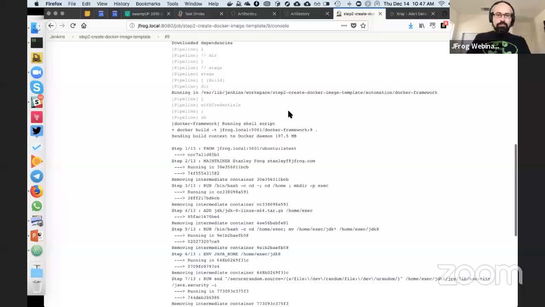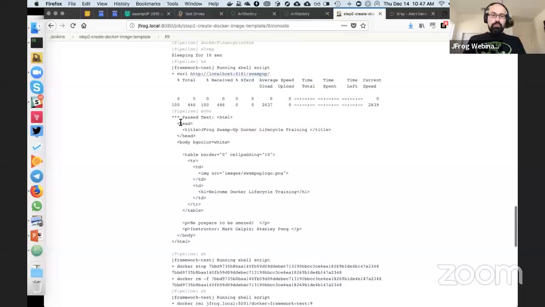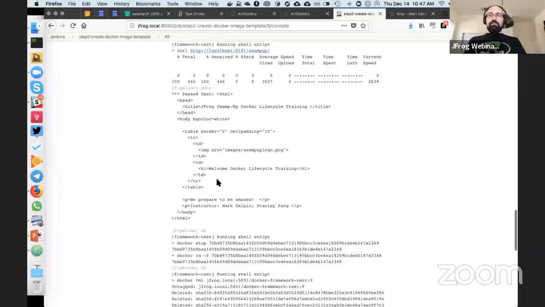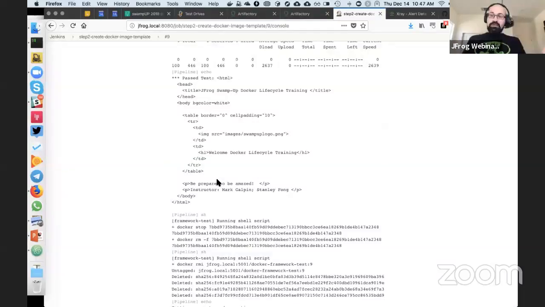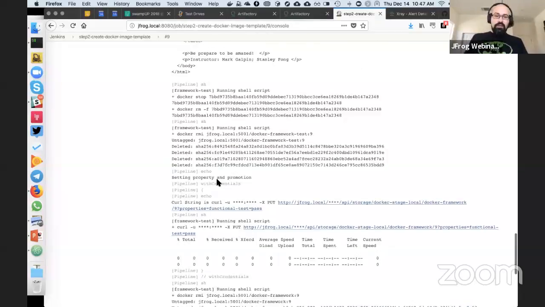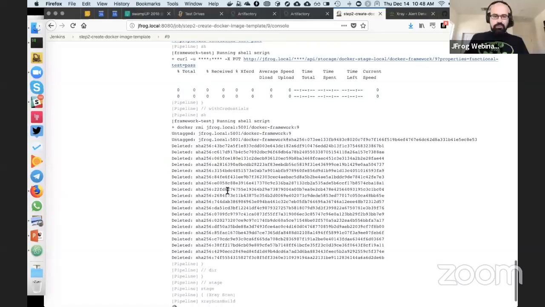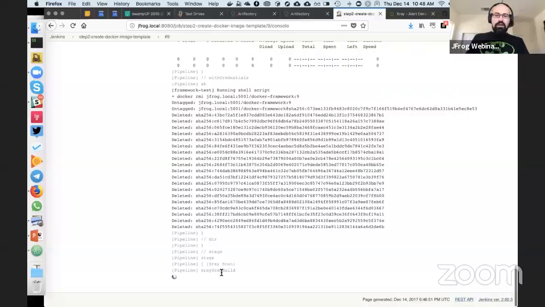This is the curl that we run to check that our Docker image actually looks like what we expect it to be. We get back an HTML page, which matches the HTML page that we expect, and that means that the test is passed successfully. And once this is done, we are deleting the temporary image because we don't need it anymore, and start an Xray scan. In this case, Xray scan will take a little bit longer just because it's Docker, it's tons of layers, and